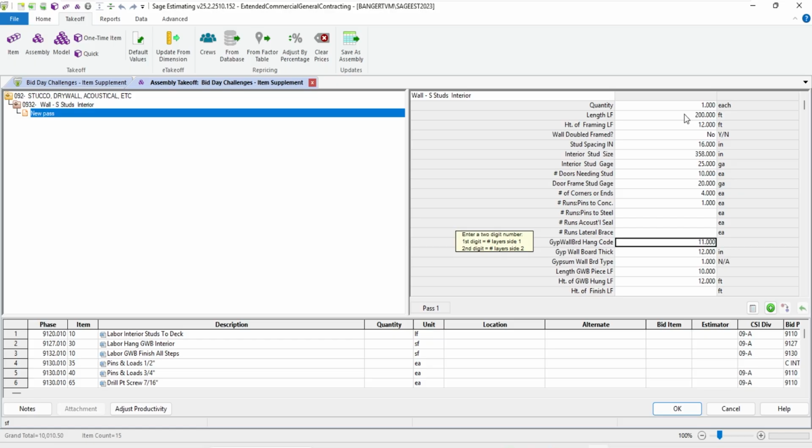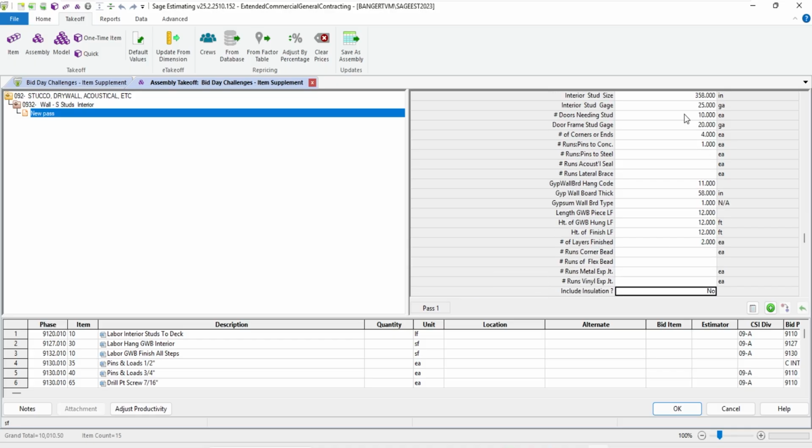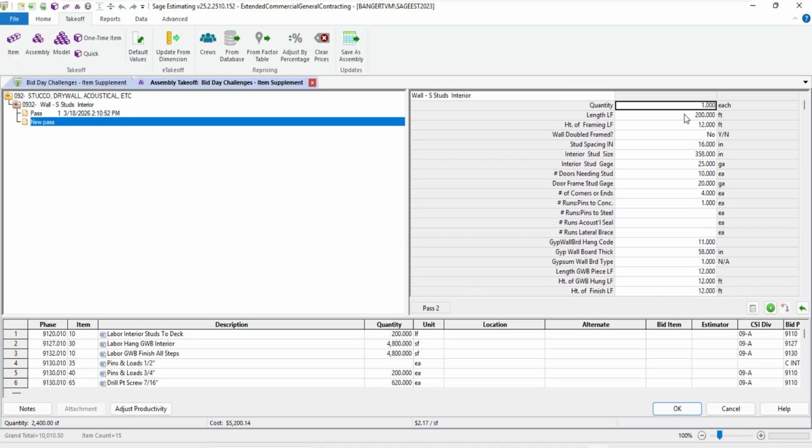Let's say I'm doing one layer on both sides. Let's do 5/8 again, regular is fine. Let's say we're going to use 12 foot, finishing up the full 12 foot. Layers to do is 2. Let's call that good on that one. So there I've got some $5,000 associated with the interior walls.